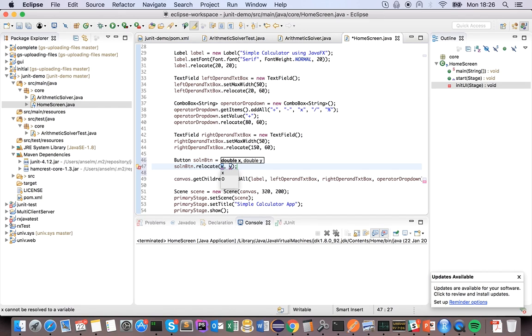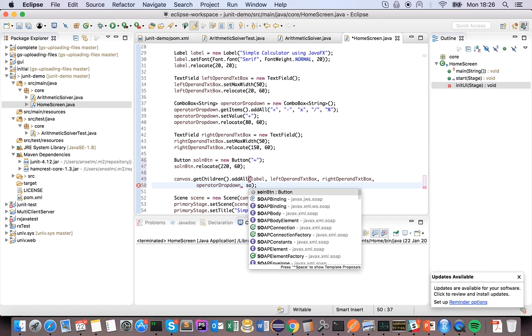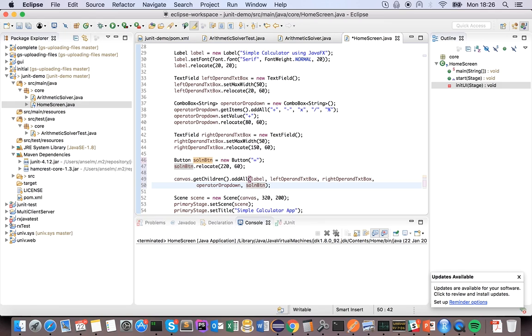So let's set it at 220, and then y is always 60. Okay, and then we can add it down here, the solution button, and then